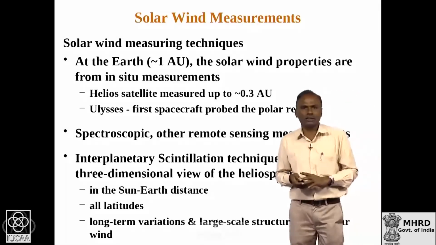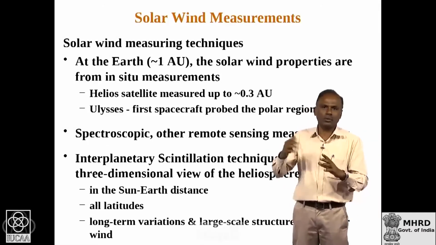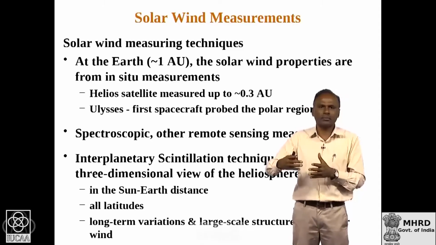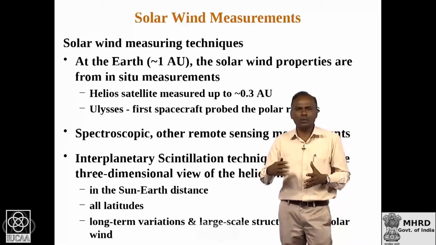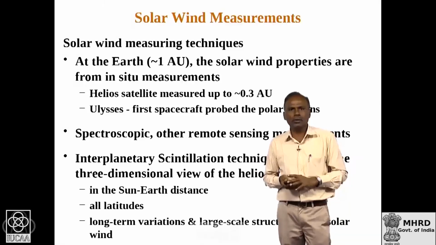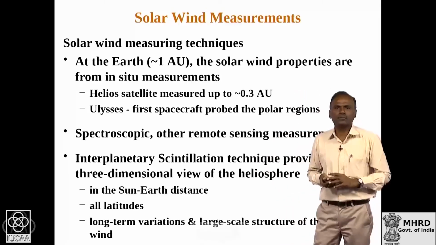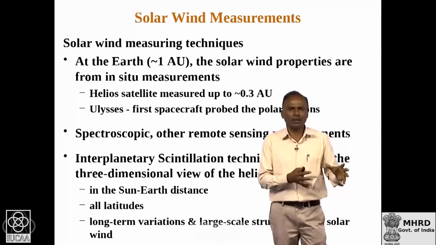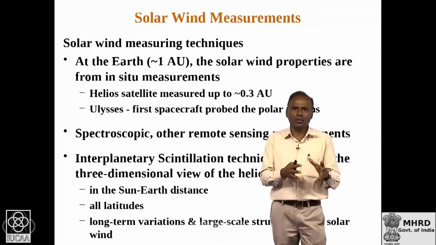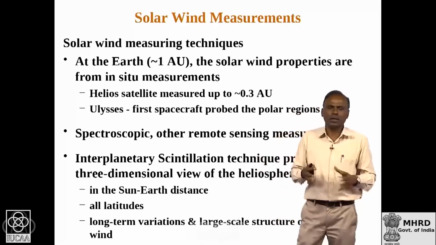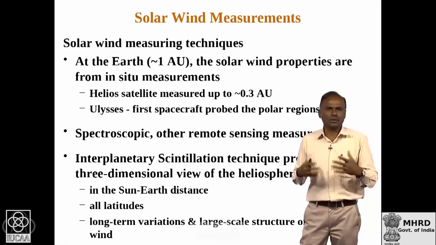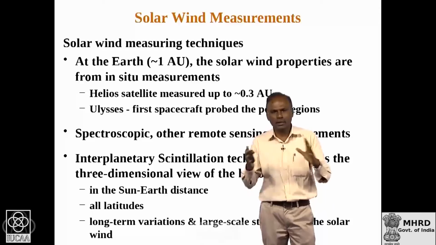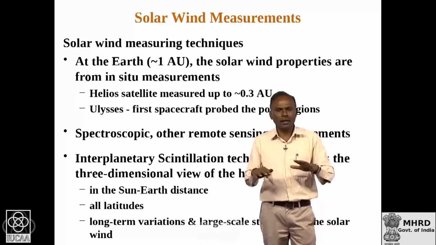So, Ulysses was the first spacecraft to probe the polar region of the sun, and Ulysses' distance was something like 1.5 AU to 5 AU, and the Helios satellite measured solar wind up to about 0.3 AU. So, the Helios could go as close as 0.3 AU from the sun. All other spacecraft are confined to 1 AU, and they are confined to the ecliptic plane or equatorial region